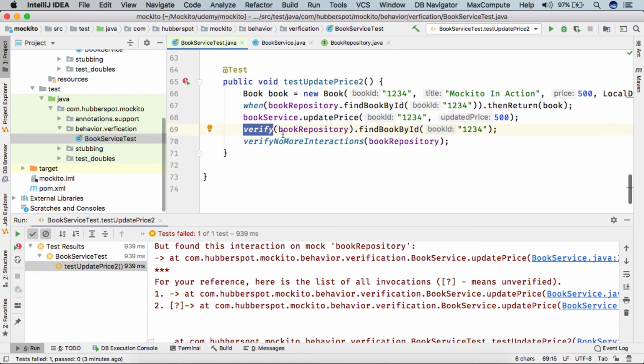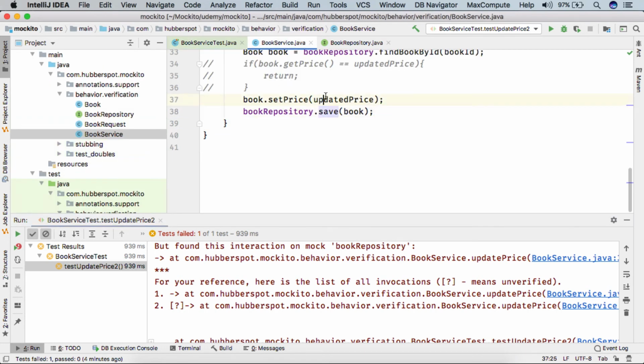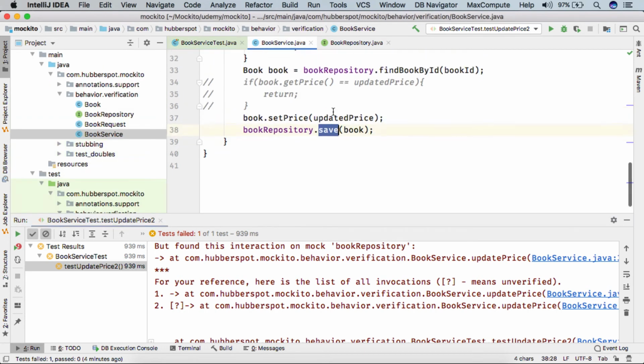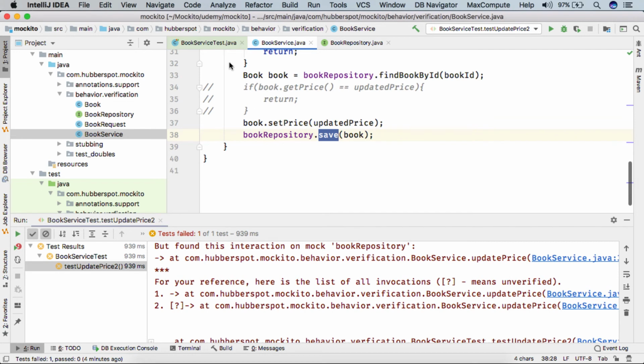So friends, you can see that this method is very handy in letting us know that whatever you are verifying, after that, if you add this call, Mockito will let you know whether any more interactions were made on the book repository. Though our verification was successful, it still failed because there was one more interaction made, which was the call to save when we removed this part.